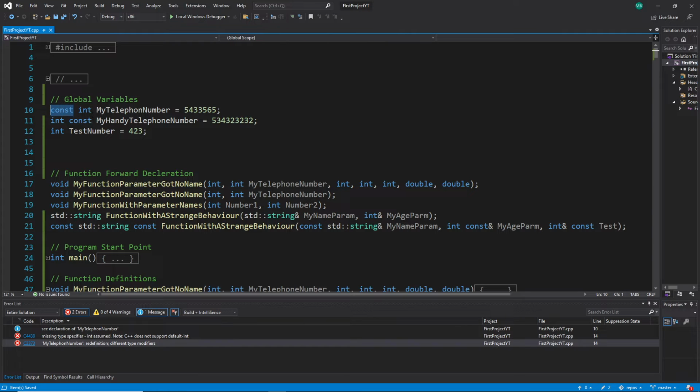What is the difference about this one? Actually, there is no difference here. And the reason for that is because this const refers to this int here. This const refers to this int here. Okay, so we see we have to think a little bit too much about const, and this kind will get